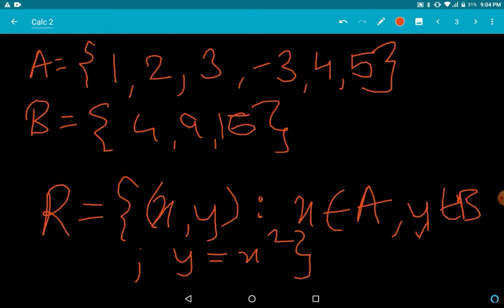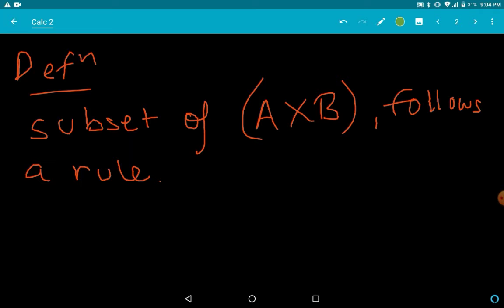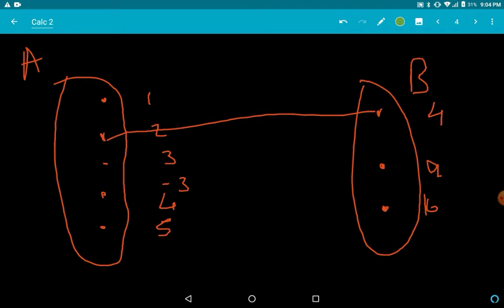I told you A cross B is, let's say this one, let me change the color. A cross B is this part and this part is the rule. I told you a relation was what? A subset of A cross B that follows a rule. Both are satisfied. Now in this part, let me draw. So this rule is being followed by this,